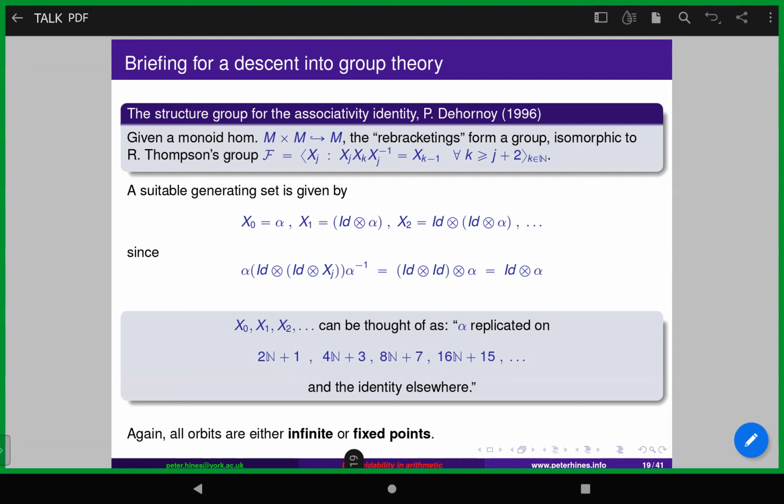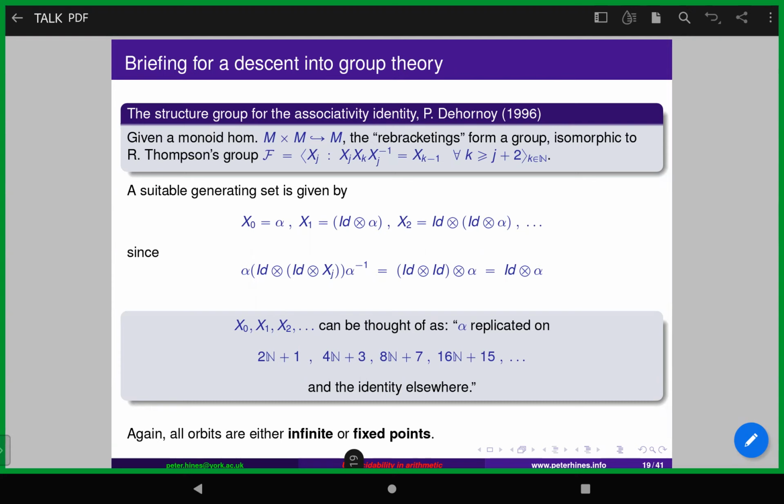And if we translate what he had in this paper into our setting, well, what we get is a generating set for Richard Thompson's group F. And we have a key condition on our infinite generating sets that if we conjugate one generator by another generator, we lower the index of that generator by 1. So let's say we have x0, our first generator. That's our associativity isomorphism. x1 is the identity and the associativity isomorphism. x2, identity and